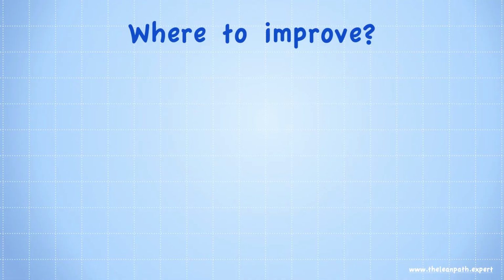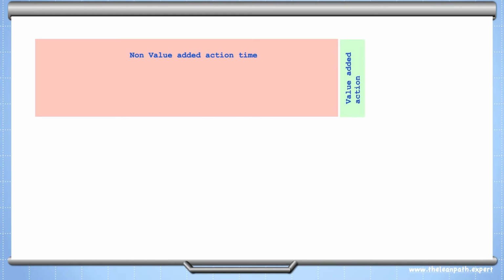Based on the previous examples, we got a solid idea that most process actions are non-value-added actions. Now, let's see where this discovery could be helpful. In parts 1 and 2 of this video series, we established a customer wants to get a valuable product as soon as possible. To fulfill it, we have to focus on the product feature lead time reduction. Let's take a look at where to focus on reducing the espresso making time and delivering the valuable product to